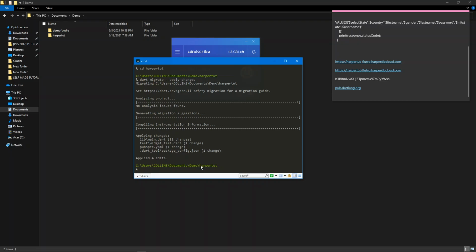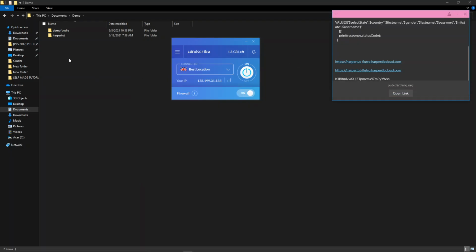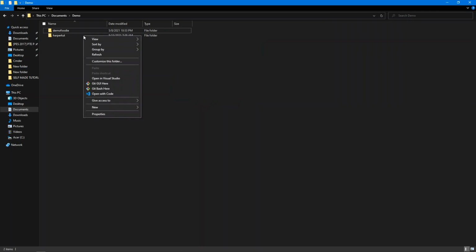All right. So it has made 4 edits to different files. I think 4 files. Yeah, 4 files also. 11 changes here. One, one, and one. So now that's it for the command prompt version. We're just going to go straight and open this up. Open with code,